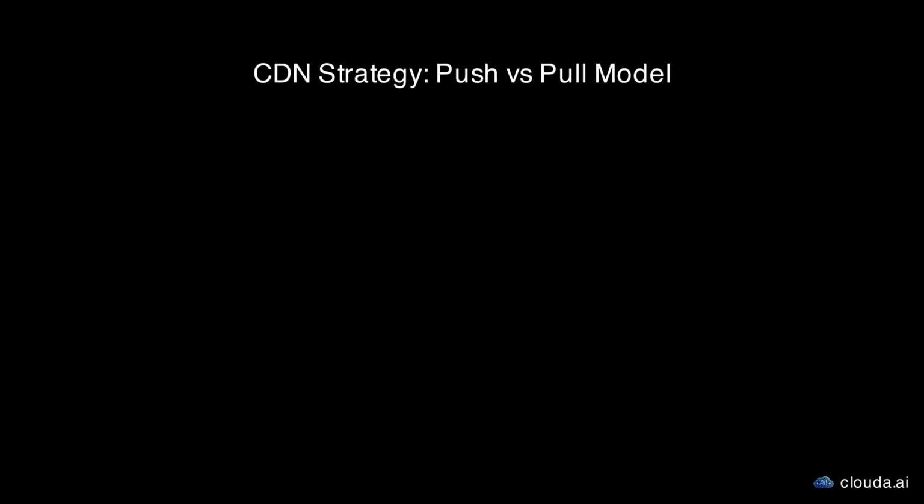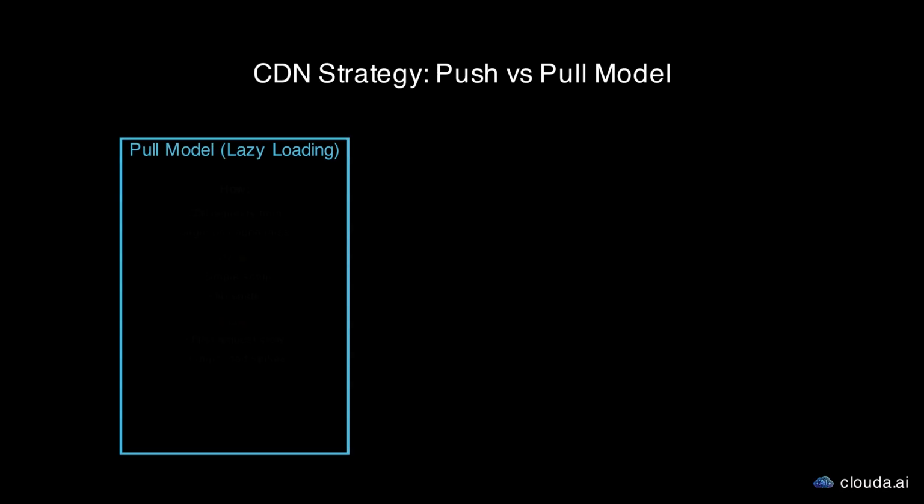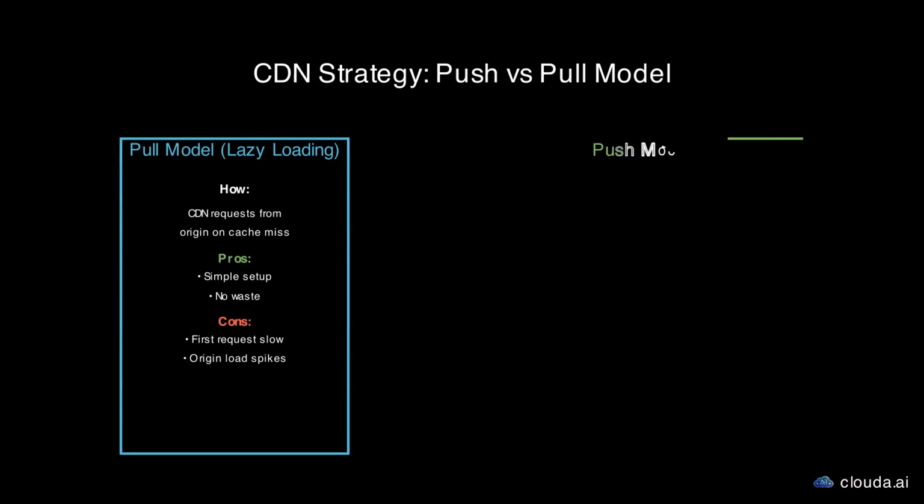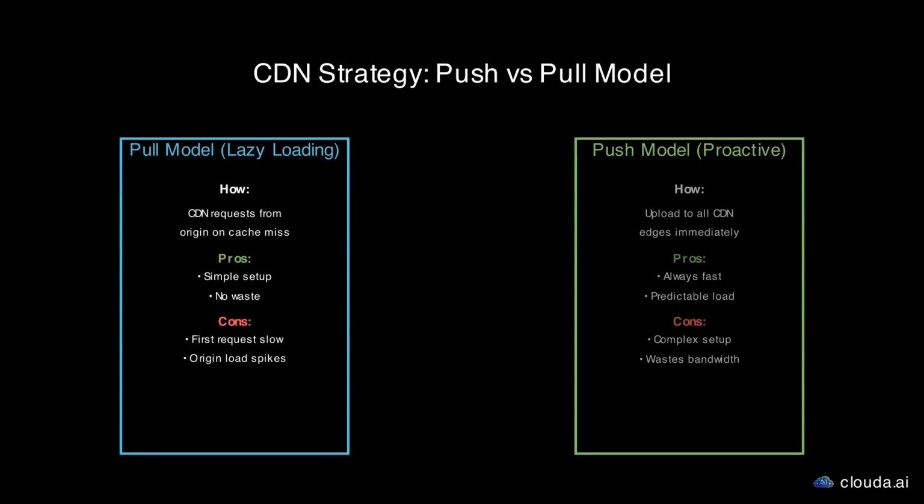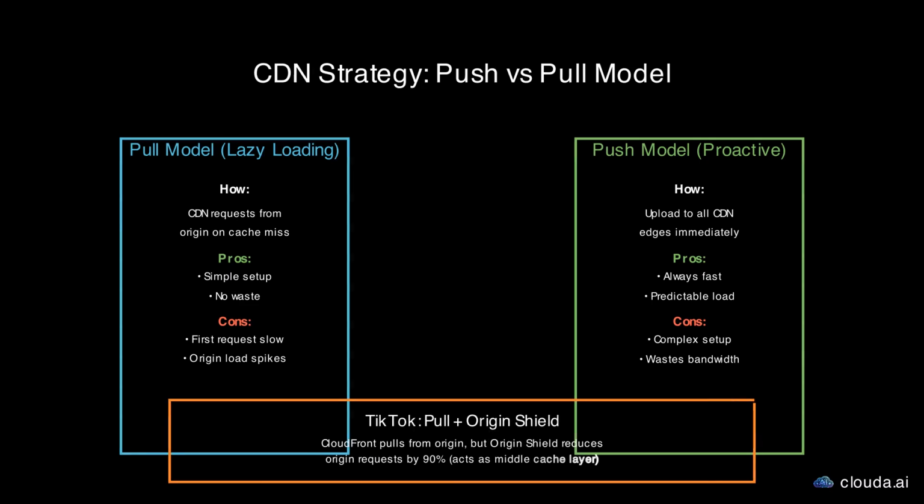The third major trade-off is CDN push versus pull model. In the pull model, CloudFront Edge locations request videos from the origin server only when a user requests them. This is simple to set up and doesn't waste bandwidth on unpopular content. However, the first user in each region experiences slow loading while the CDN fetches from origin, and viral videos can